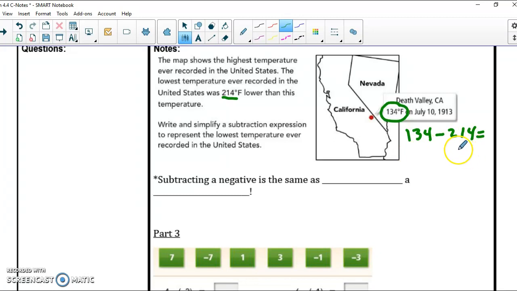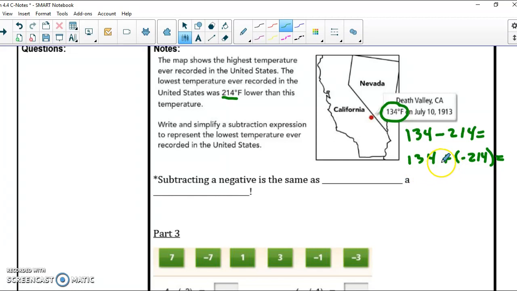So this is really like adding the opposite. So if it's easier for you to think of this as adding a negative 214, since we have such large numbers and we can't probably just do this in our head right off the bat, let's think through our integer rules. Now that I've changed this into addition,